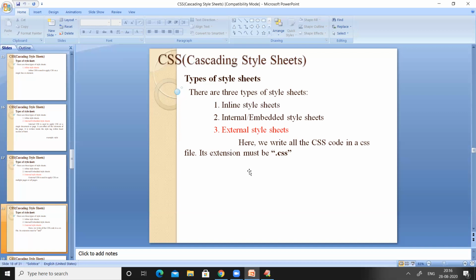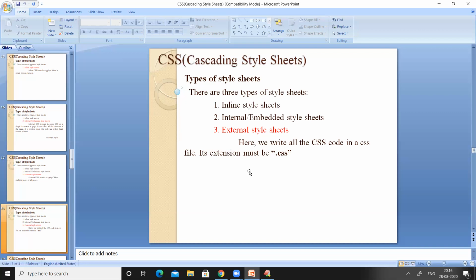Similarly, when we are writing some CSS code in a separate document, the way to save the CSS code document is with the .css extension, right? So here we will write all the CSS code in a CSS file.